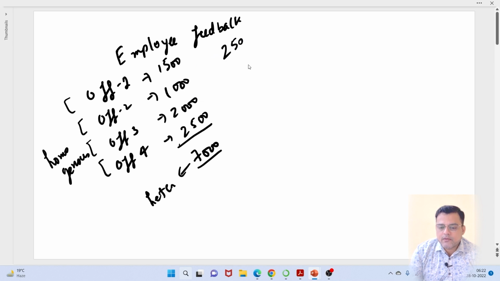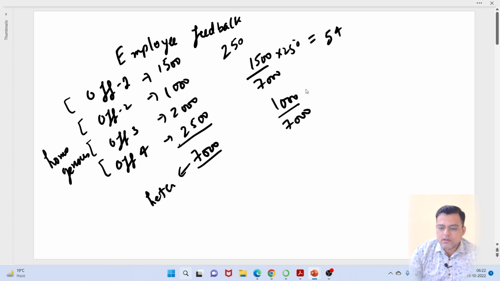So how can we get it? From office 1, it will be 1500 divided by 7000 into 250, which is 54, and then we have 1000 divided by 7000 into 250, which is 36, and then we will have 2000 divided